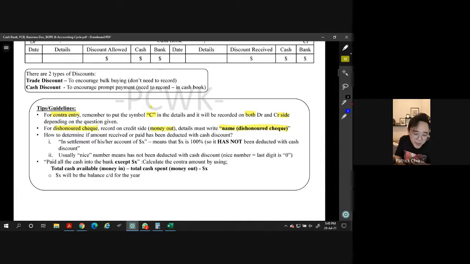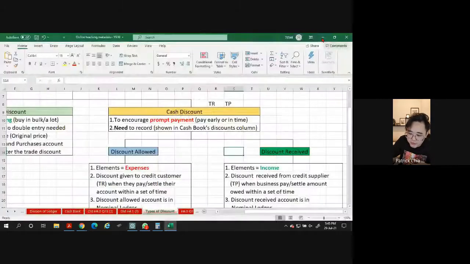Okay, the discount part. So let's see. Now the discount part. How do we know whether already discounted or not? Okay, so this is what I've noticed. Let's go with the numbers. Okay, so actually, I've noticed this lah. If you guys see a nice number, what do I mean by a nice number? So when the question gives you a scenario like, let's say, I think I need to find a question first. Okay, let me find a question first.